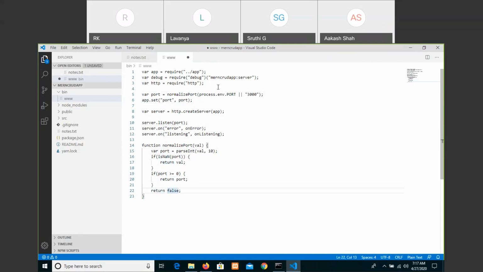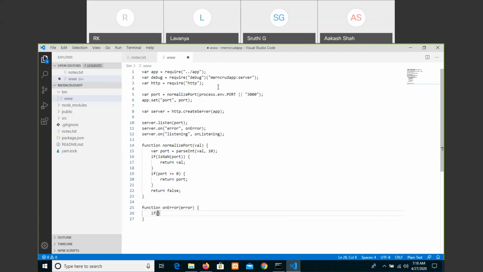Once we are done with this, we have written here two event handlers, on error and on listening. So that definition, let us write here function on error, error.